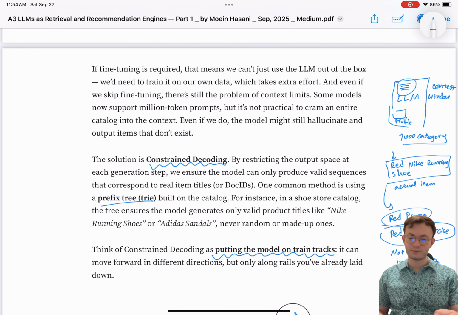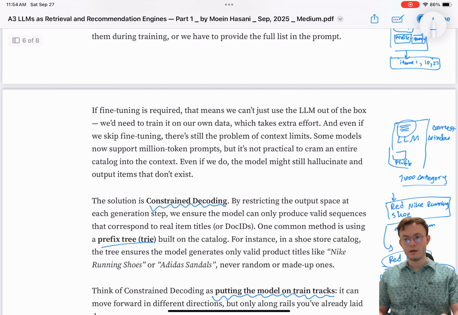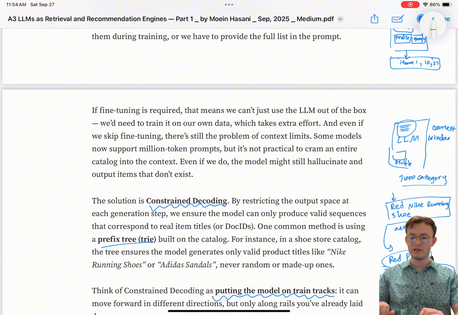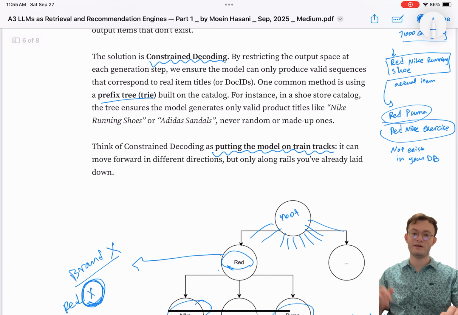The second thing is we could not pass every item to the LLM context, right? But now the LLM can basically output anything in our database without us having to pass all of it and tell the LLM, hey, select from this. Why? Because we tell the LLM, let's generate the next possible item. Previously we had to pass all the possible items so the LLM could select from them. But as the LLM starts generating an item using constraint generation, it can only generate a valid item, right?